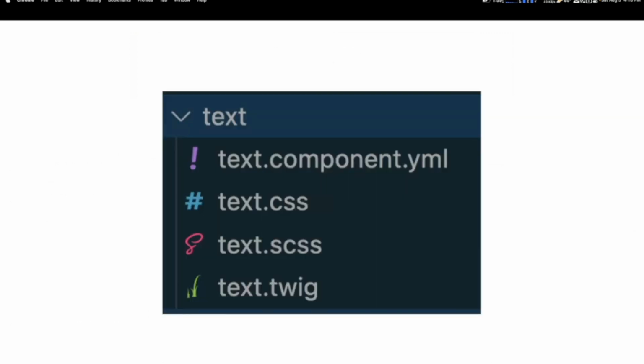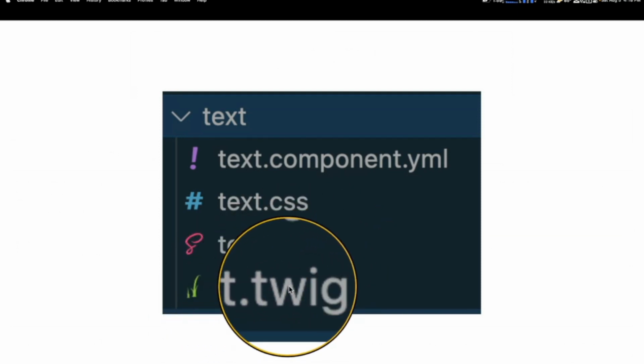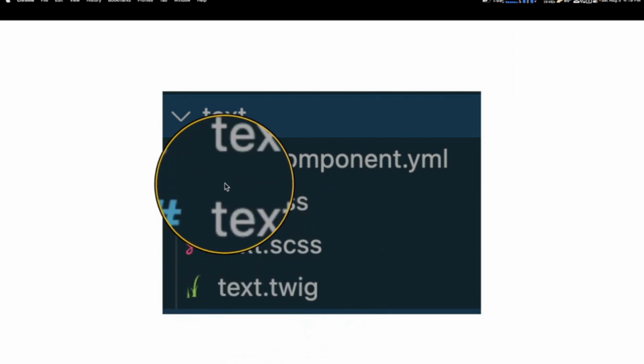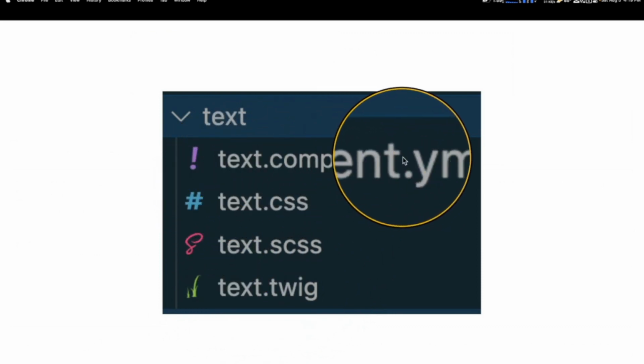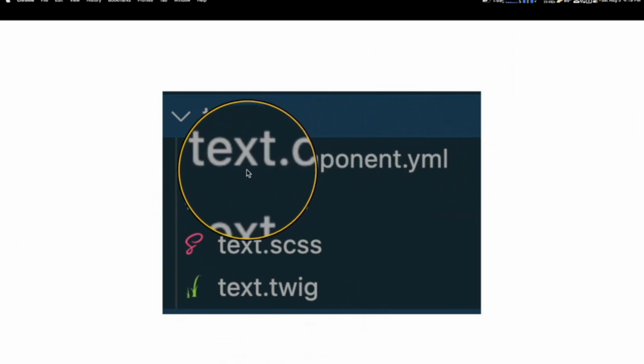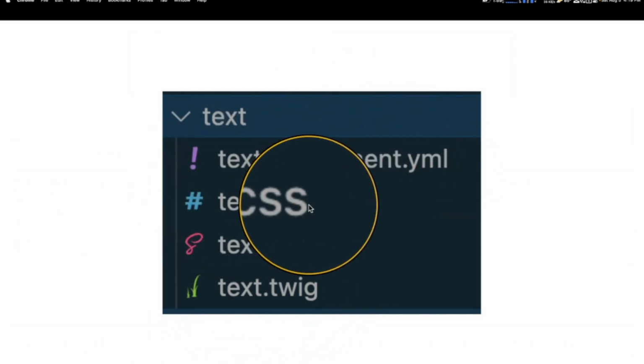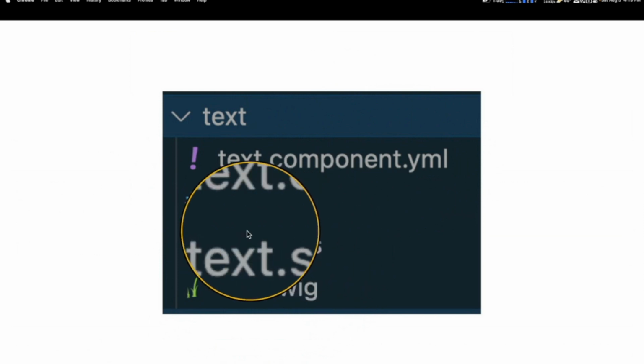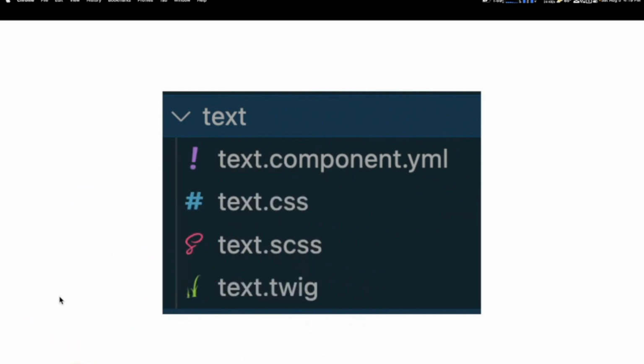What it is, again, like it says very clearly, a single directory for all your component needs. All you need are these two things: the Twig of your component, and your component YAML file, which defines the actual components themselves. And we'll get more into that. You can also have your CSS directly in there, your Sass, and your JavaScript, all in one single folder.